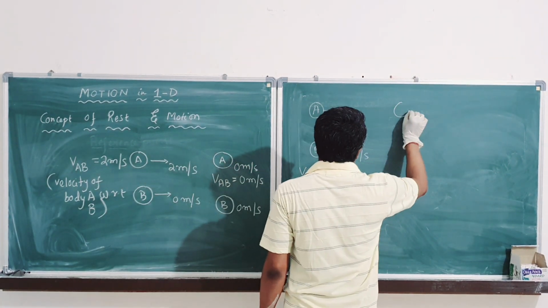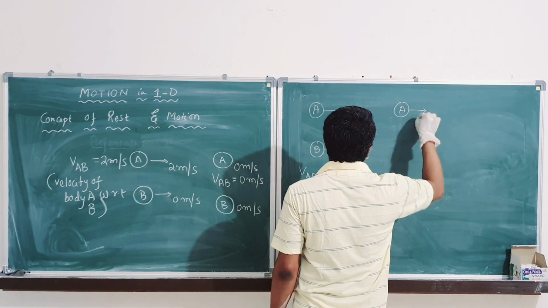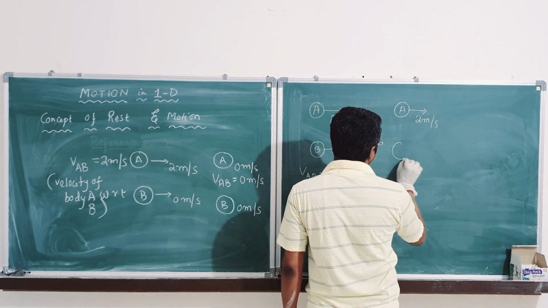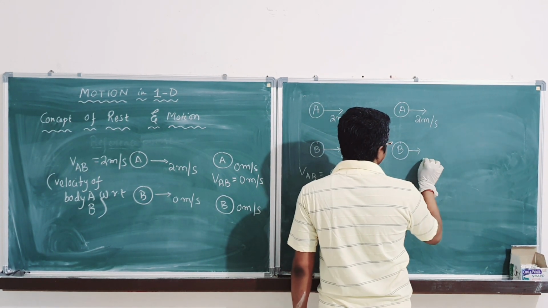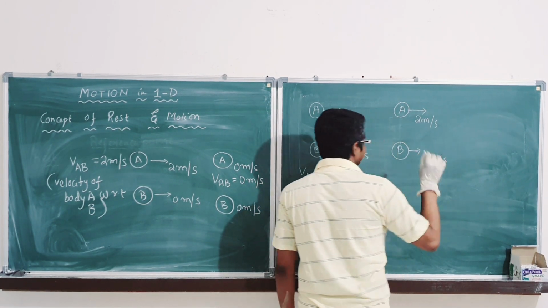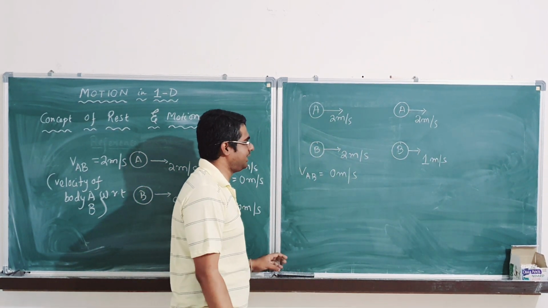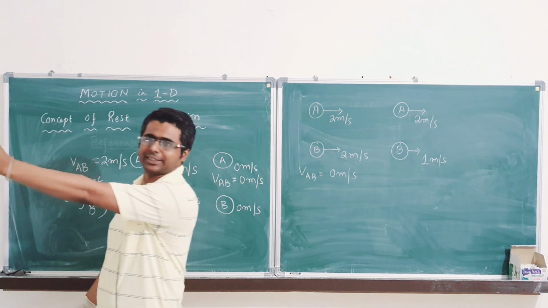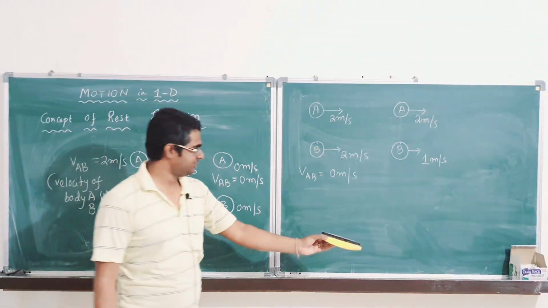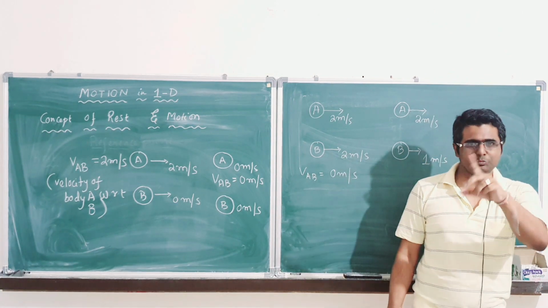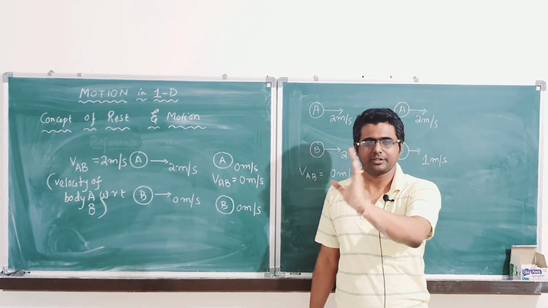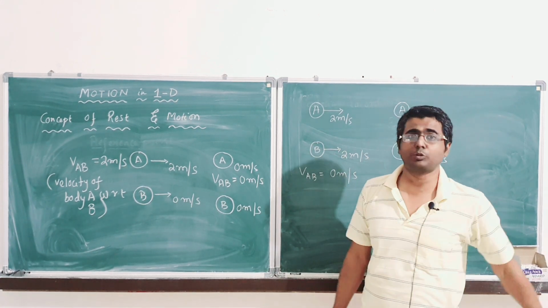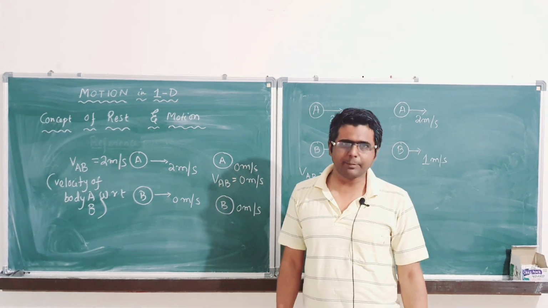Now again A. We will take A as 2 meter per second and B as 1 meter per second. At this moment I am B, this is A. A is moving at 2 meter per second, going away from me quickly, so the position is slowly changing. Clear? So definitely A is moving, because A is going faster than me. So my reference point is not going to work as still for A. I can see it is moving, but I am also moving. It is not that I am not moving.